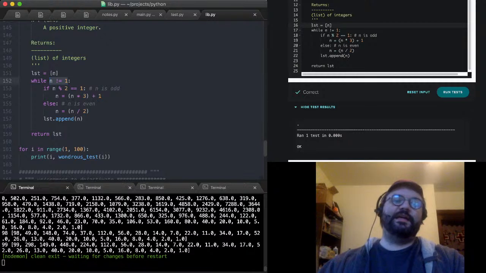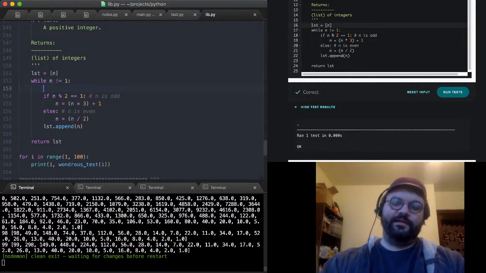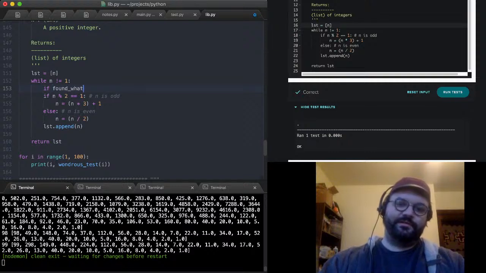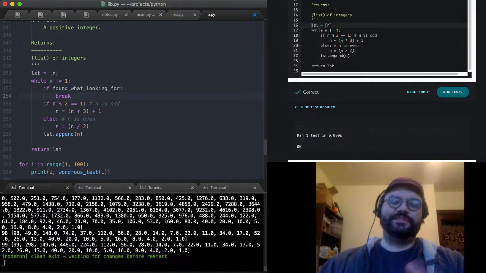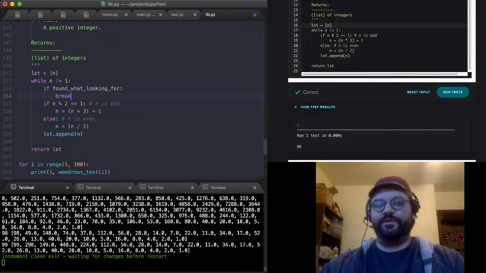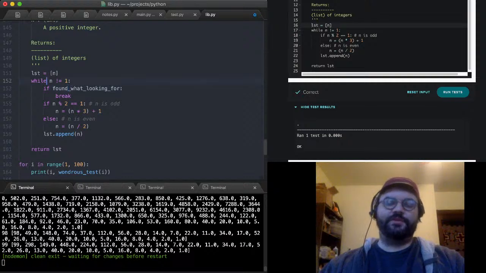So I'll just say, if found what I'm looking for, break, stop looping. There's no reason to keep looping, and that just goes with a while true. So yeah,